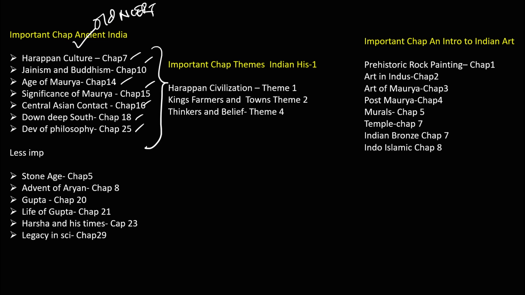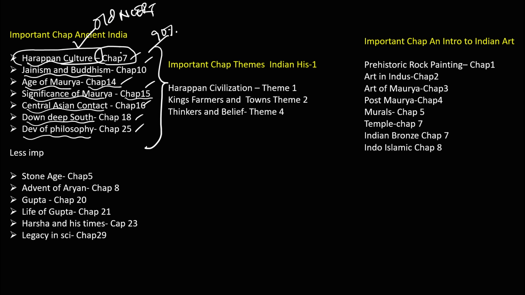You have to read these chapters because 90% of the questions are coming from these chapters only, which are the Harappa culture, the Jainism and Buddhism chapter number 10, Age of Mauryan chapter number 14, Significance of Mauryan age chapter number 15, Central Asian Contact chapter number 16, Down Deep South chapter number 18, and Development of Hindu Philosophy chapter number 25. Okay guys, here you need to keep in mind that when you read the Harappan culture chapter,